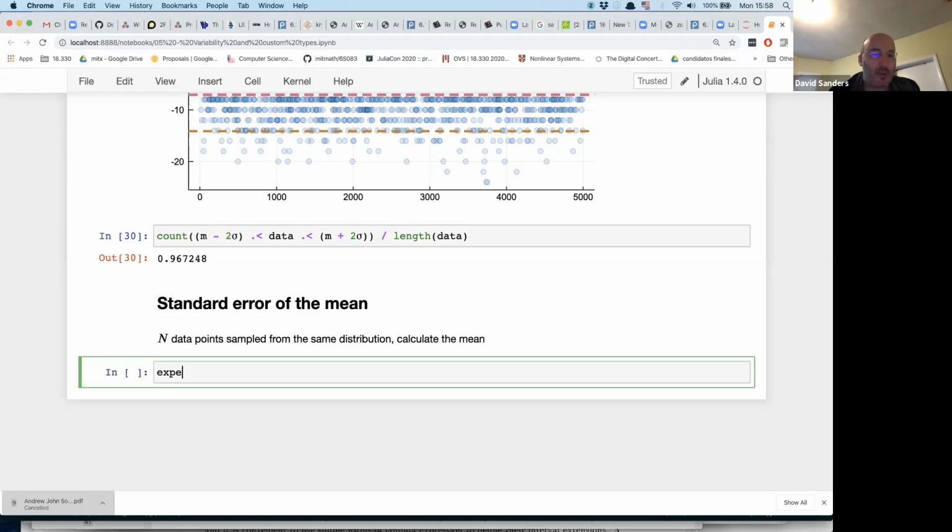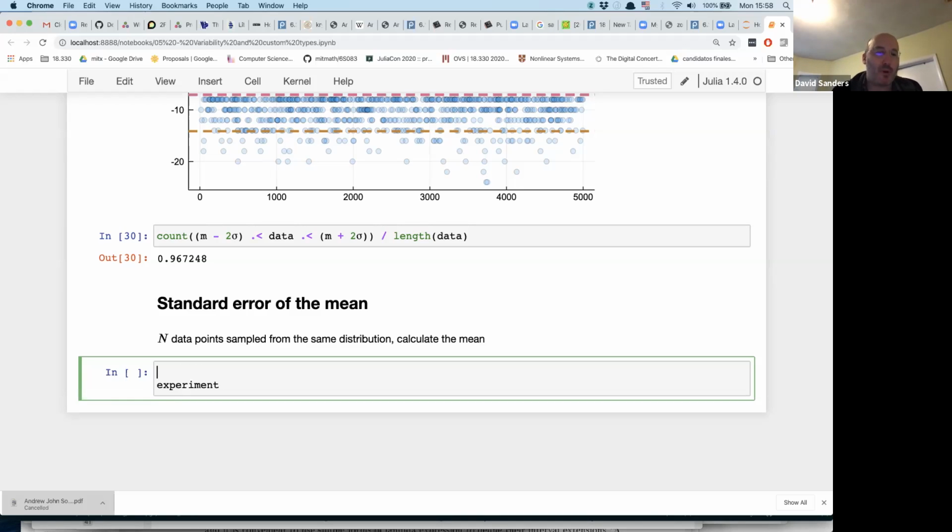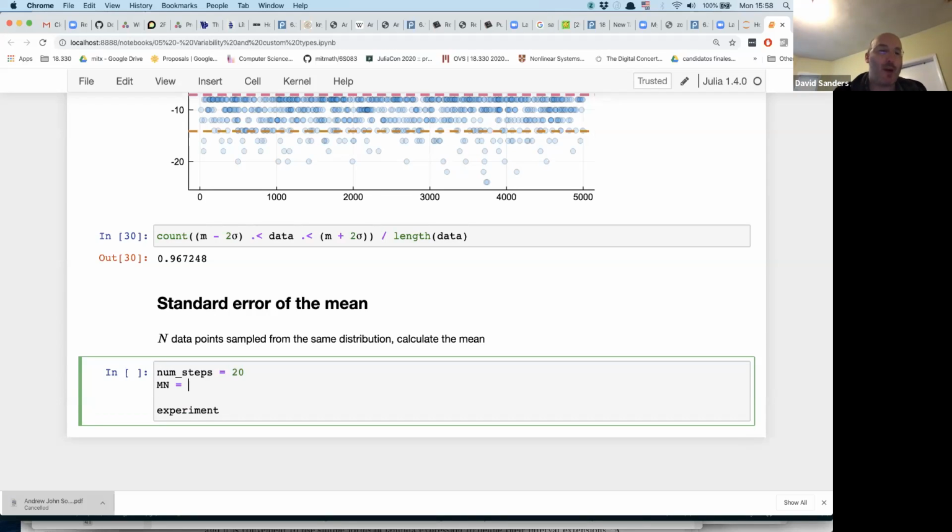It means we have some number of steps, say 20, and we have some number of times we want to run the experiment, say 100. I run the experiment that number of steps and that number of times, I get some data, and I calculate the mean,